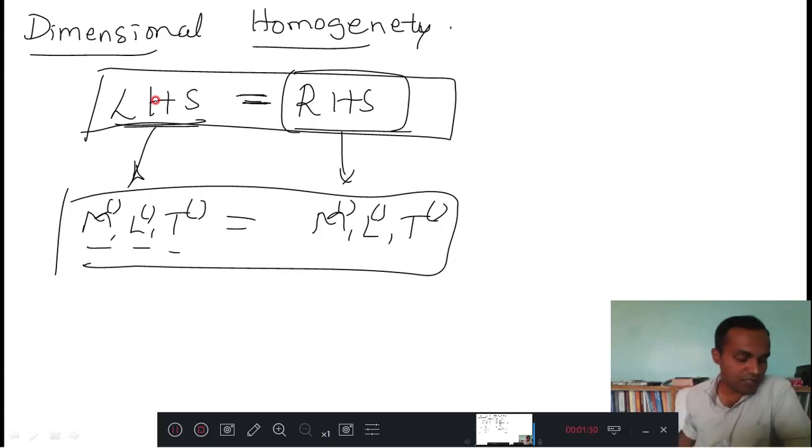The definition you can write: dimensional homogeneity means the dimensions of each term of the equation, in the bracket left hand side and right hand side, must be equal in their fundamental powers. In explanation you can write that each and every equation will have a left hand side and a right hand side. Independently, if you express the left hand side parameters in terms of M, L and T, and the right hand side parameters in terms of M, L and T, then the powers of the fundamental quantities on both sides must be equal. Then that is called dimensional homogeneity.